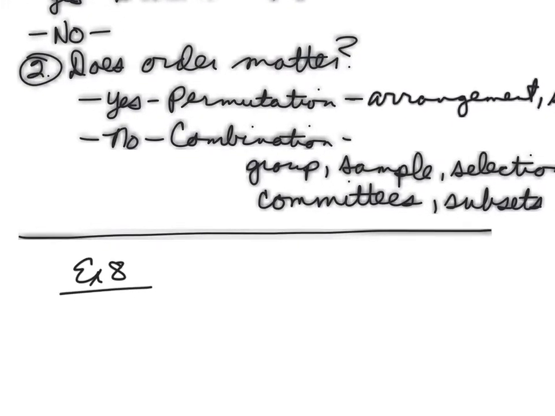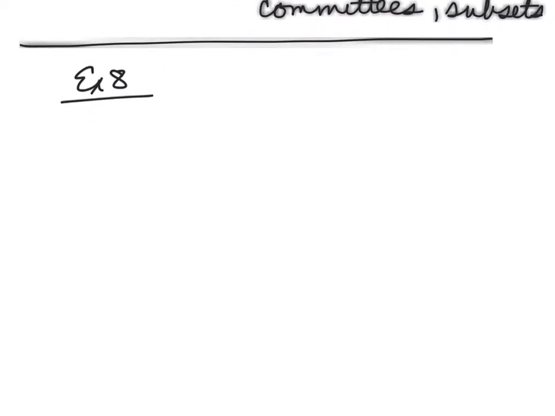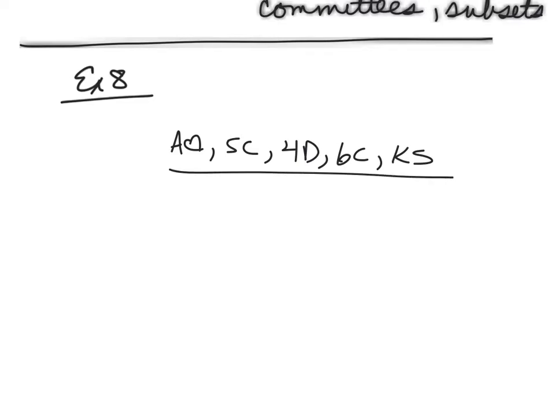Okay, but what does it have to do with order? Let's put it this way. Let's look at this two different ways. If I dealt you the ace of hearts and the 5 of clubs, call that 5C, the 4 of diamonds, the 6 of clubs, and the king of spades, that'd be a hand. That'd be a set of 5 cards. Now, if I switch the order of any two of those, if I dealt you, instead of dealing you these cards in this order, 5 of clubs, then the ace of hearts, and then the 3 others in whatever order,